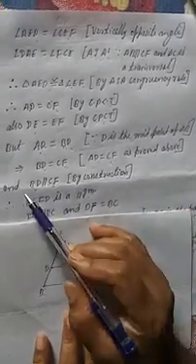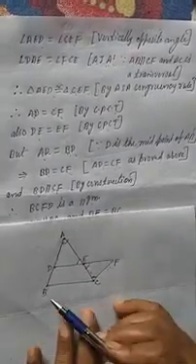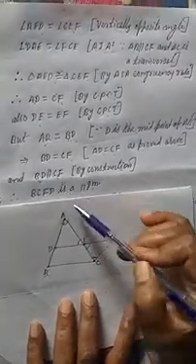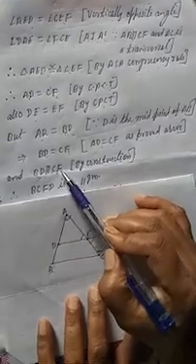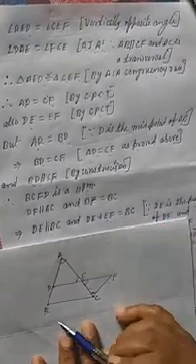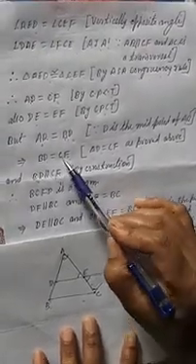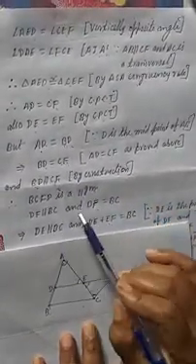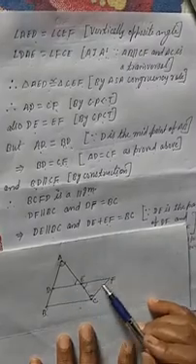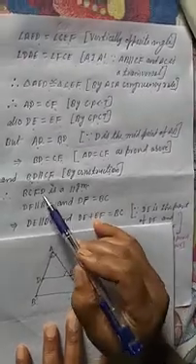Now BD is parallel to CF, this is by construction. See here BD, this one is parallel to CF by construction. So we can say that these are equal and also parallel. It means BCFD is a parallelogram. Okay student, so BCFD is a parallelogram. It becomes a parallelogram with the help of equal and parallel sides. Now after this we can write DF parallel to BC, and DF is equal to BC according to this parallelogram.